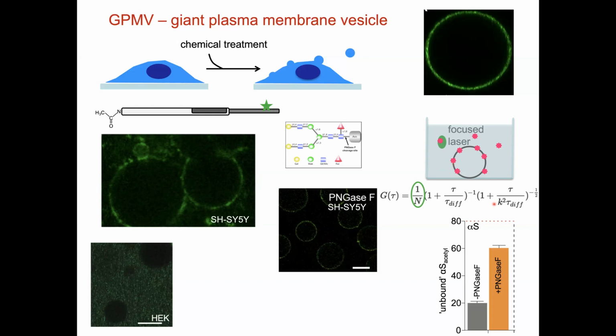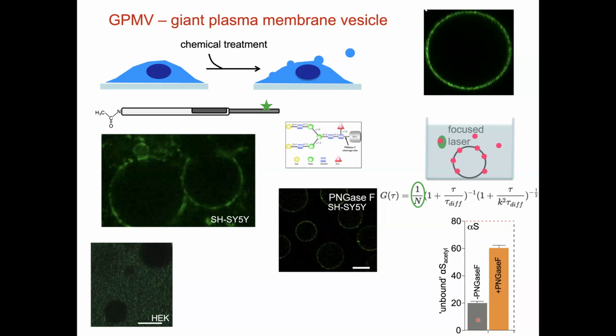Right, so I don't want to dwell on equations, but this is the equation people typically use to fit three-dimensional diffusion, which would be appropriate here. All the data I showed you before had this diffusion time as the primary parameter that we were interested in fitting. But the other parameter that you get from this data is this 1 over N, or 1 over the number of molecules, right? So we can watch our number of molecules decrease as a function of time or concentration or whatever. And this is our quantification here, where after incubating for 1 hour,